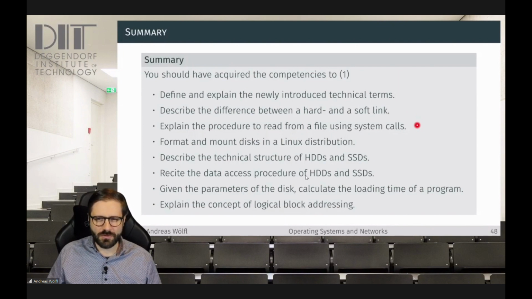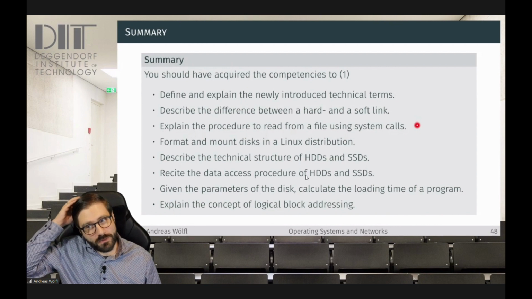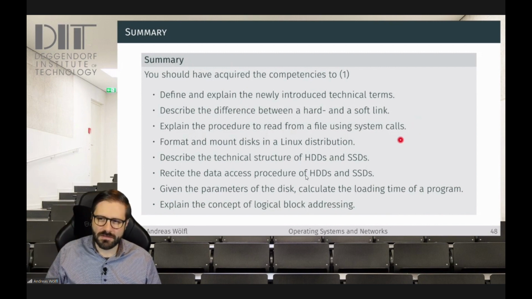You should explain the procedure of reading from a file using system calls. We did this last time. You should be able to format and mount disks in a Linux distribution. You should describe SSDs and HDDs, their technical structure, recite the data access procedure, and compare SSDs and HDDs this way,